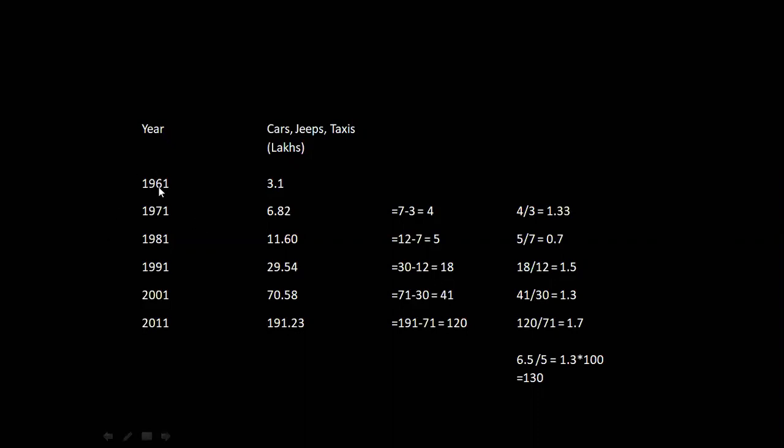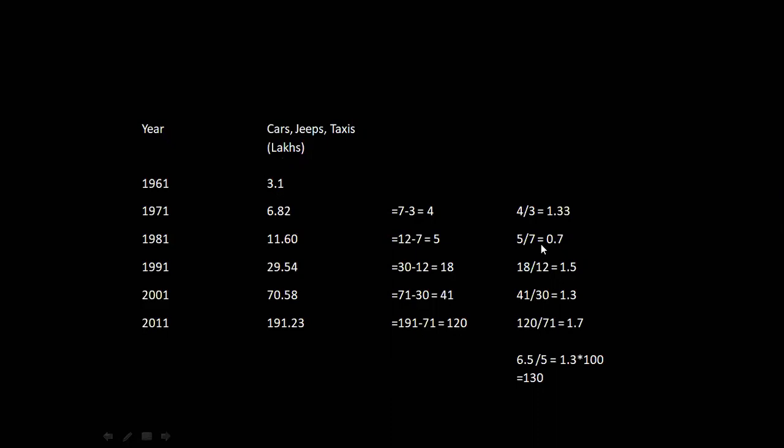So when you see from 1961 to 71, there was a change of 4. I'm not taking the complete lakhs data. I'm just taking the round figure. I'm assuming it's a unit place or the tens place. That's it. So here it is 3.7, because it is more than 0.8. So I have converted into 7, 12, 30, 71, 191. This is what I have converted, and I have subtracted it from the previous decade data. I got this answer, and from that, 4 divided by 3 will be 1.33.